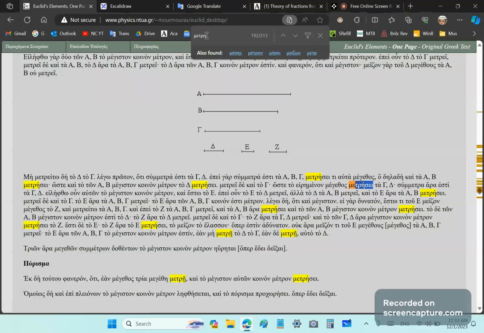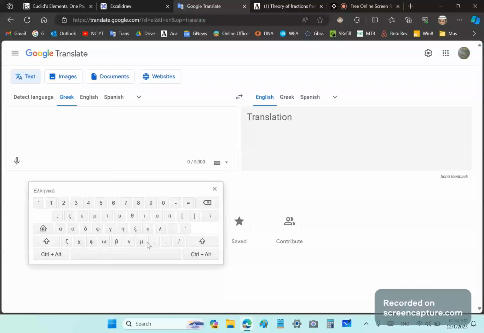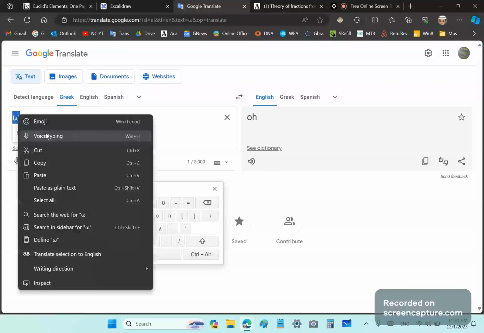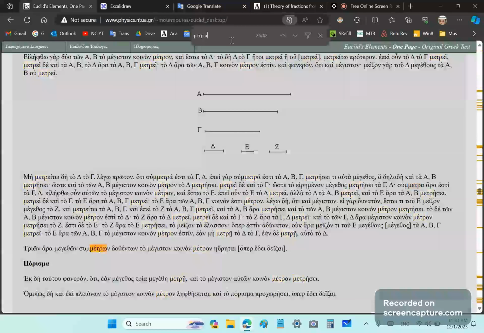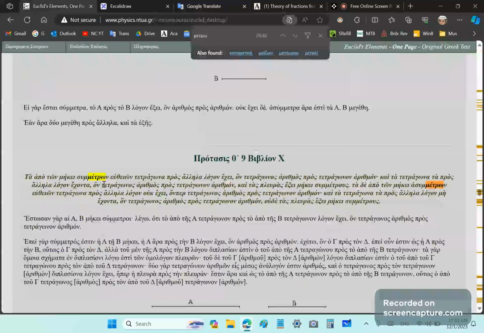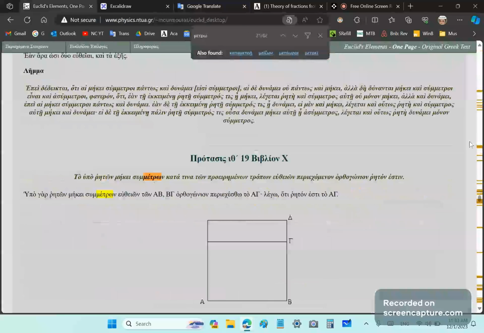But it's not the only form of measure. For example, if you put omega in there, and we can get an omega from here, so let's just put an omega there and copy that. If we put omega here, we see also that there are 62 of those, right? Symmetron, by the way, means measure in this case, okay? Or same measure, it means same measure. And asymmetron means no same measure. So again, that word also appears as metro.